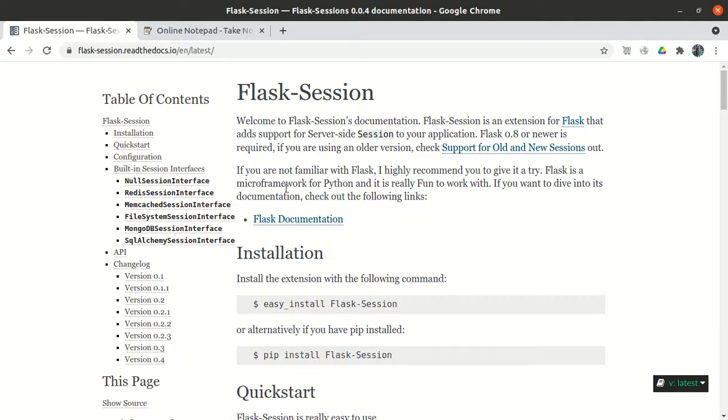Okay, so in this video we will see what is Flask session and how we can create the client side sessions, how we can create the server side session, right? And what is the practical use of session, where we can see the sessions, right? Where we can store the session, what are all the different options.